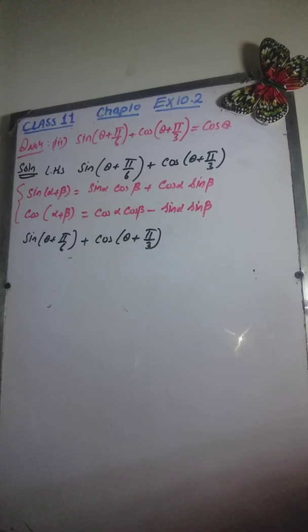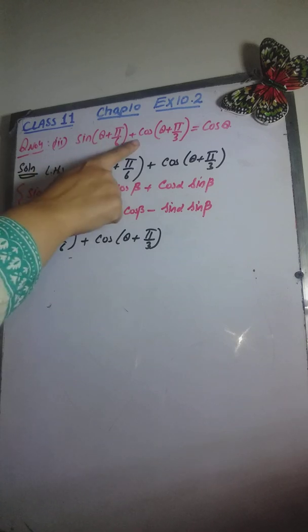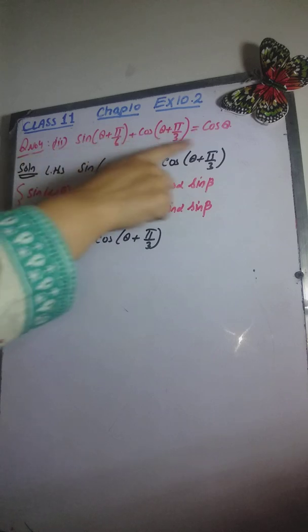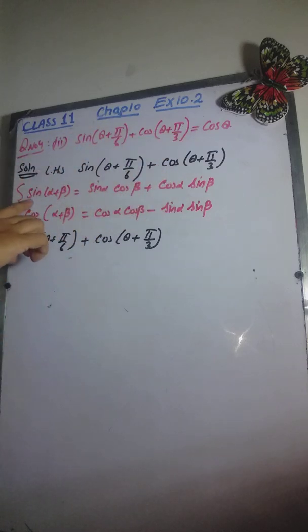Bismillahirrahmanirrahim. The next question is question number 4, part 3. We have to prove that sine of theta plus pi by 6 plus cos of theta plus pi by 3 is equal to cos theta. In this question, the identities that we are going to use are sine alpha plus beta is